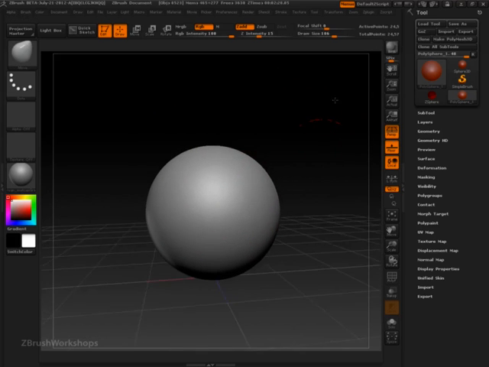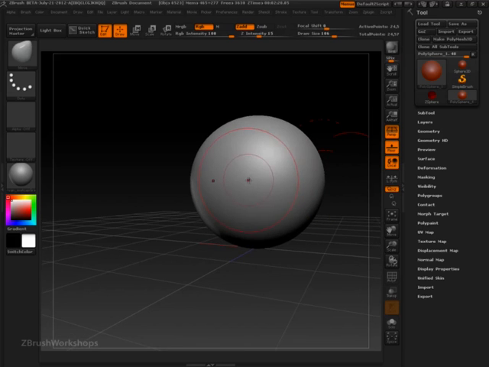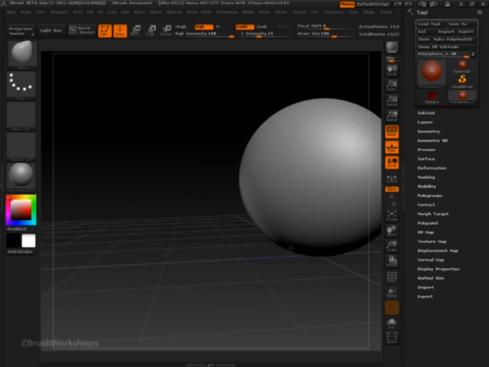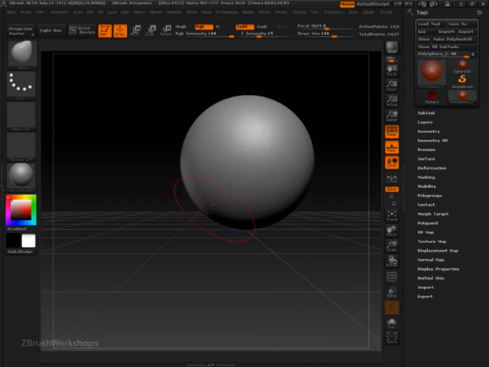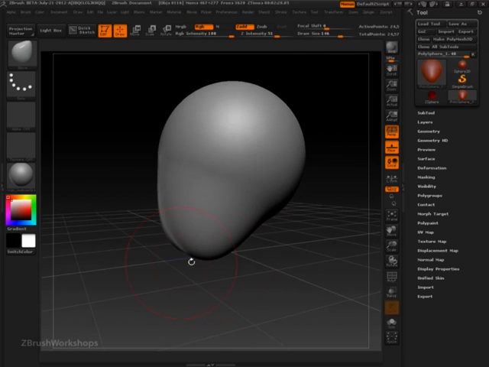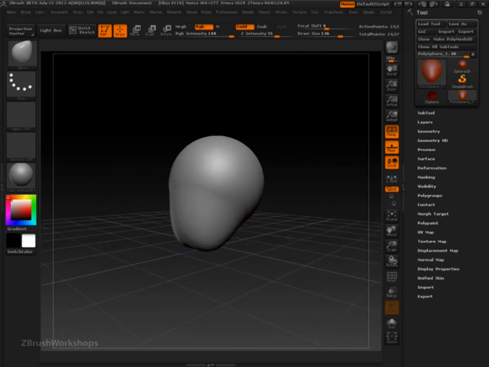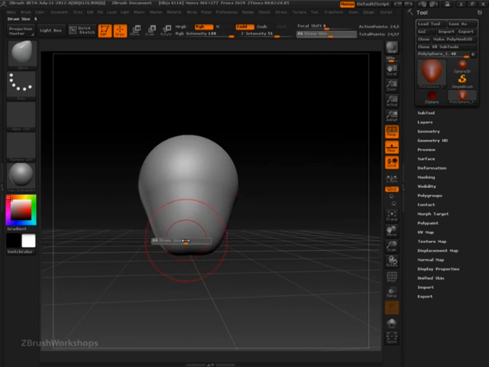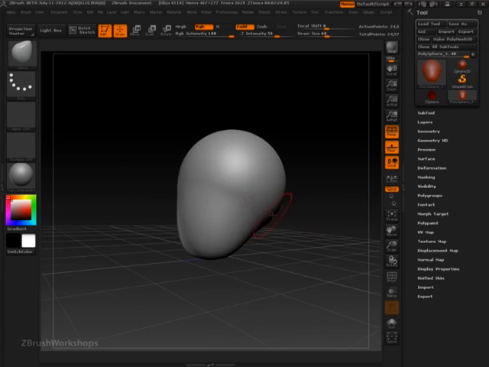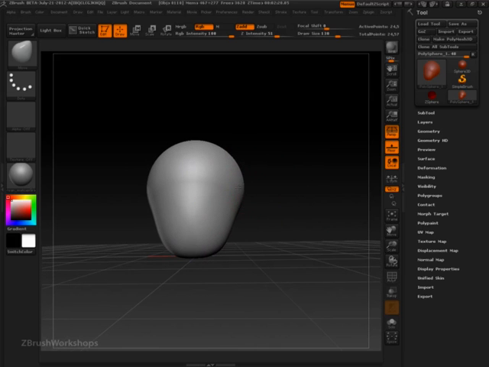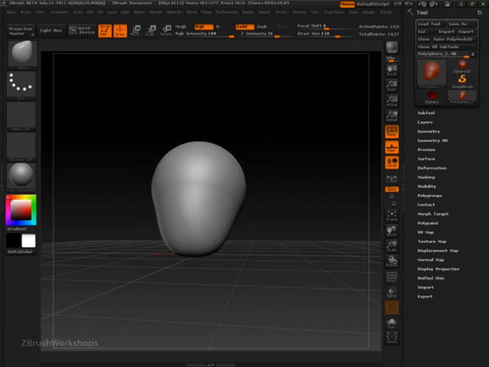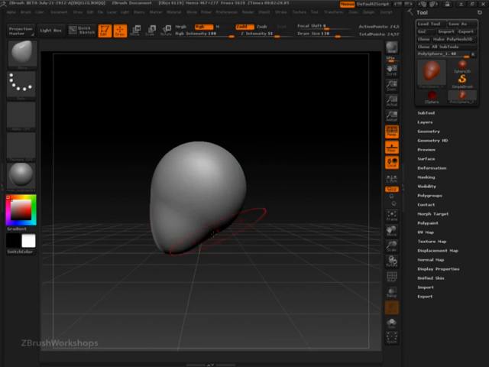So what we want to do is navigate this to a side view and then set our draw size and pull out a chin. We can zoom out a bit and just try to get this roughly in the shape of a head. We're going to worry about the proportions along the side. Make sure the chin is